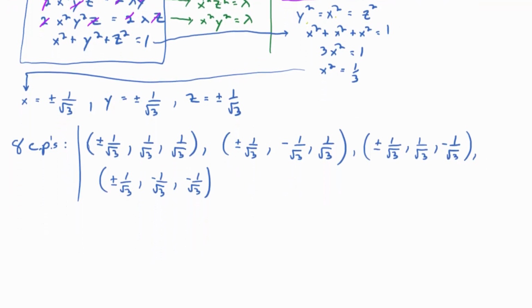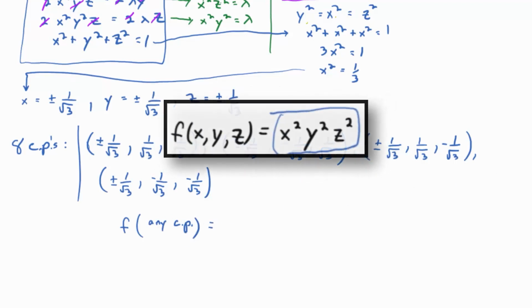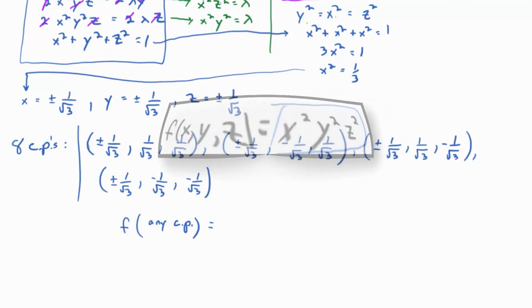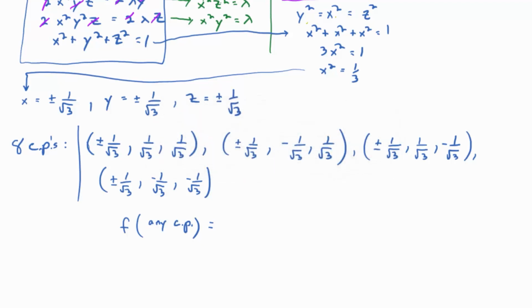Okay, what are you going to get? Now here I will be a little bit liberal with the notation. f of any CP is going to be the same. You see why? I've got to remind you what the function is: x squared times y squared times z squared. You're squaring out all the negatives, and the absolute value of the coordinates is all the same, right? So what are you going to get? You square any one of these, you get 1/3, don't you? 1/3 times 1/3 times 1/3 is